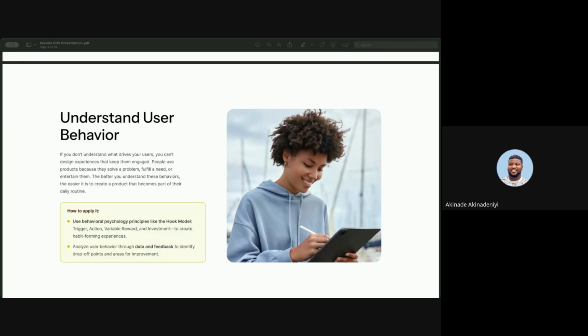Every time you receive a like, a comment, or a message, Instagram sends you a notification. This acts as a trigger. When you open the app, you take an action by scrolling. But what keeps you coming back is what we call variable reward. Sometimes you see exciting new content, sometimes you don't. But you keep checking because that's what you expect.